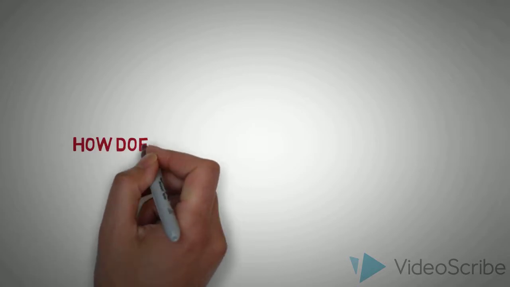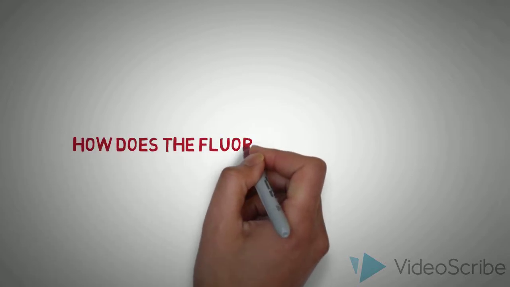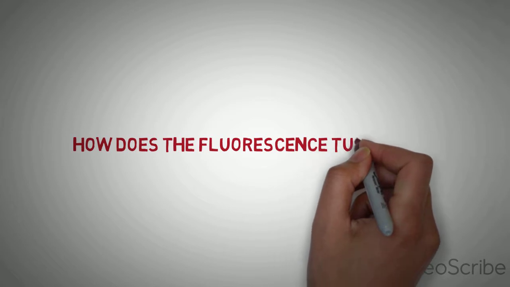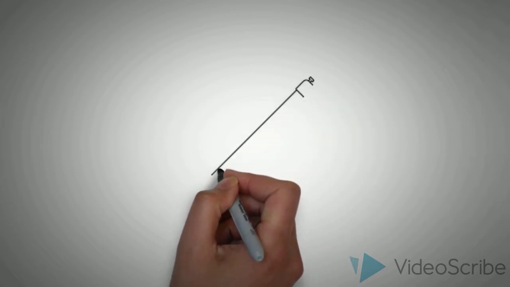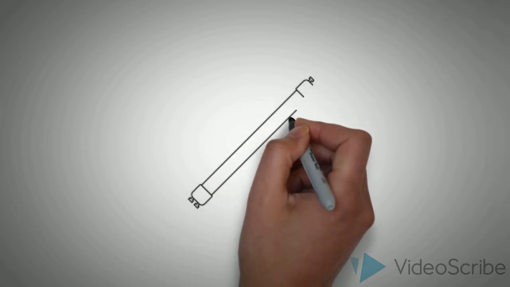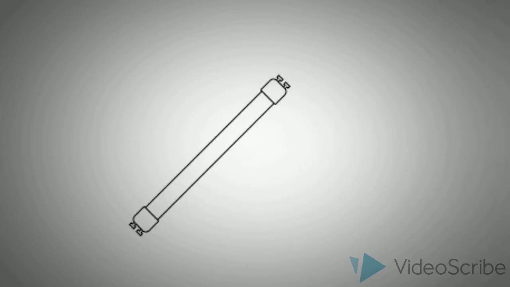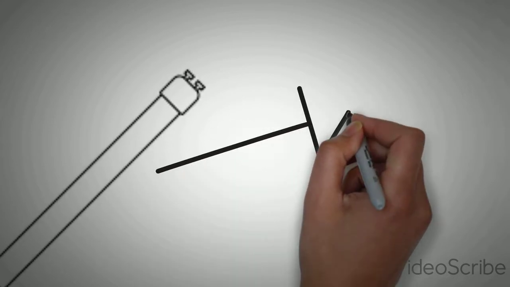Pretty much everyone knows how a filament lamp works, but many people ignore the fact that a fluorescent tube works in a quite different way. So how does it actually work? Well, the fluorescent tube is basically just a glass tube with a fluorescent coating and contains mercury gas inside it